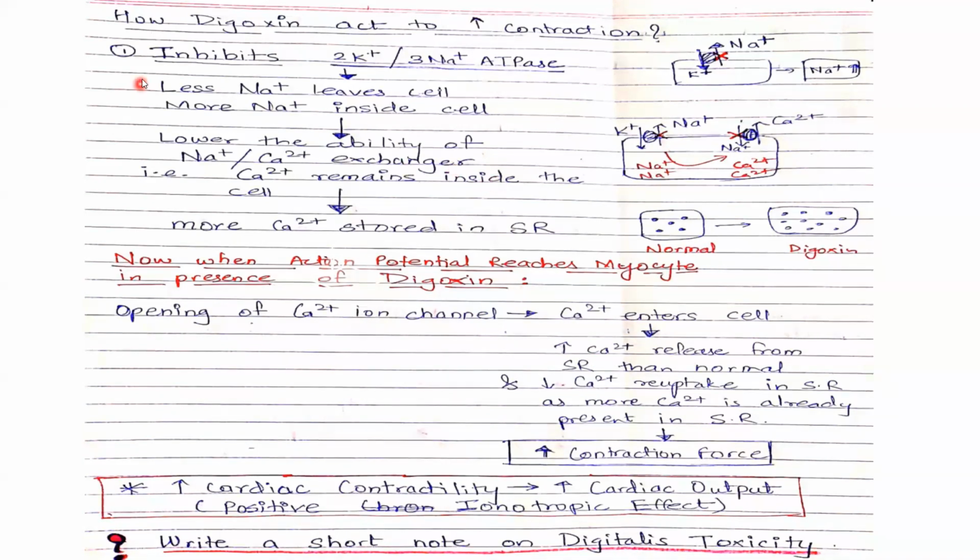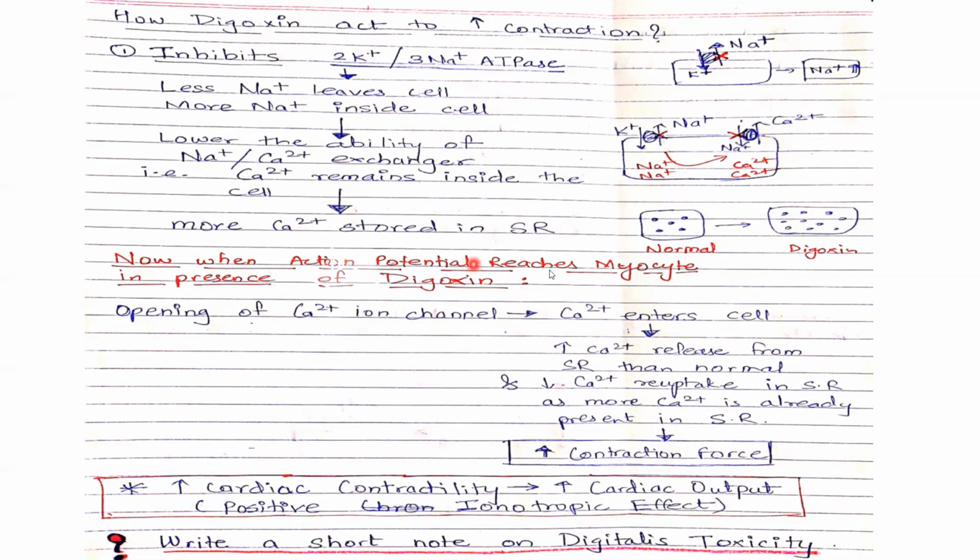So basically, if you see here, I have shown it in the flow diagram form. Digoxin inhibits sodium potassium ATPase. So sodium remains entrapped in the cell. Okay. Because of this, more and more sodium is available here, and which inhibits entry of sodium via this porter. So the calcium also remains entrapped. Entrapped calcium, what does it do? It finds its way in the sarcoplasmic reticulum. So sarcoplasmic reticulum also becomes enriched with calcium.